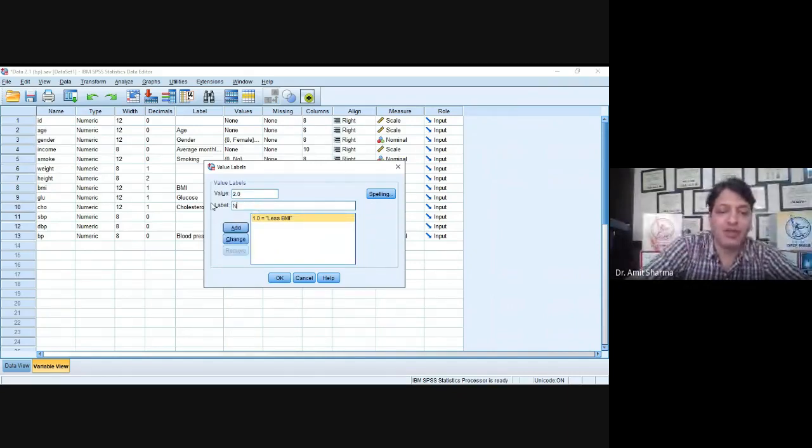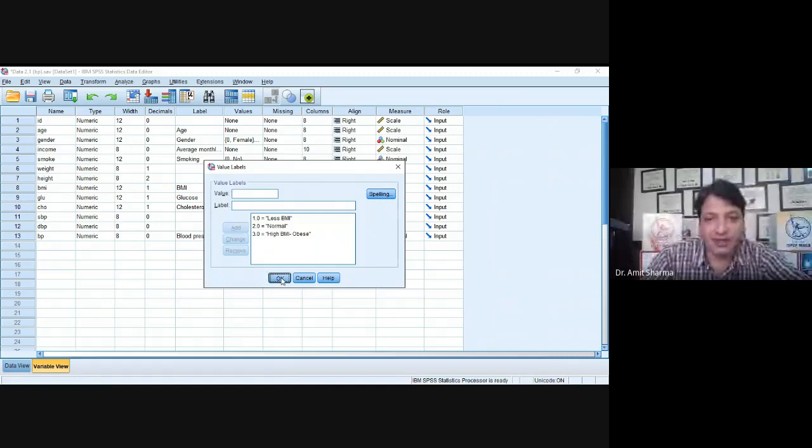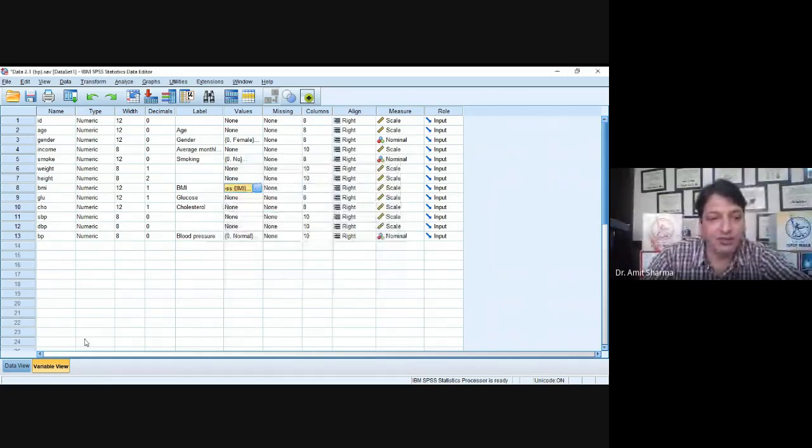I'm not giving exact values as per the WHO, I'm just giving the values for education purposes only. And 3 means any person having high BMI, or we'll call this person obese. Okay, and click OK and come to the Data View.